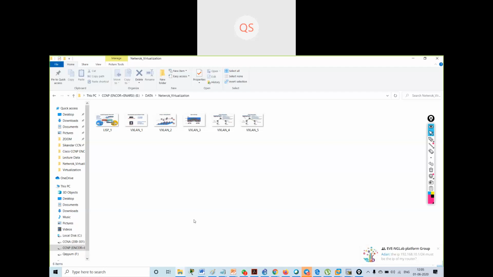So LISP is a way for us to identify a network device using a couple of identifiers. One identifier identifies the location of the device on the internet and the other identifier identifies the device within that location.